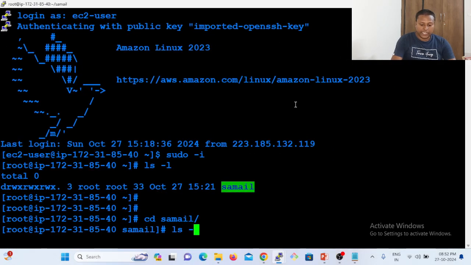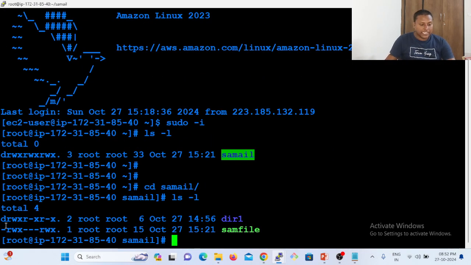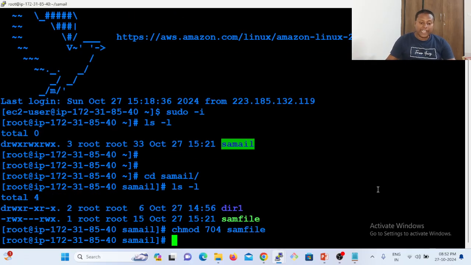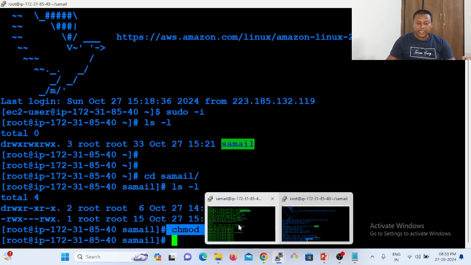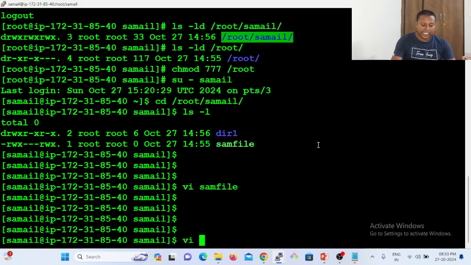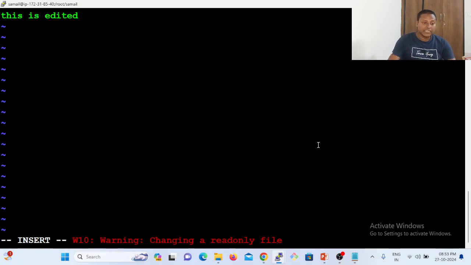Okay, here what I'll do, I'll give read permission to others, not write and execute. So at that time, what is the command to change? chmod, let it be 7 for owner, 0 for group, and 4, only read, for others, on the SAM file. Okay, so once I assign this permission, now if I go here and run vi SAM file again, see what